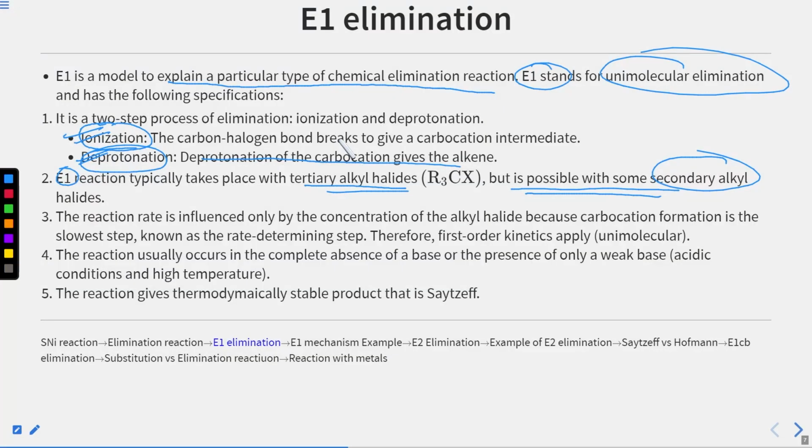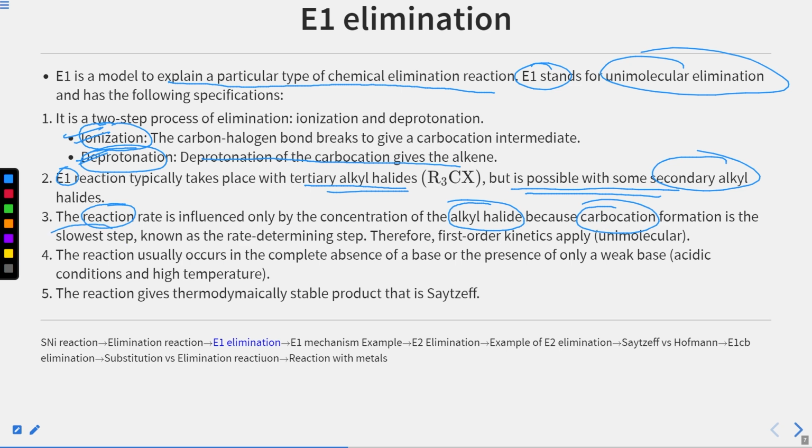So this one will form a stable carbocation, and hence E1 elimination will be more favored, like with your tertiary carbocation. For secondary, it will depend on the conditions, but for tertiary it will always be E1 elimination. Now, since it is a unimolecular reaction, the reaction rate only depends upon the concentration of your alkyl halide. The more the concentration of alkyl halide, the more the rate of this E1 elimination, because the carbocation formation is